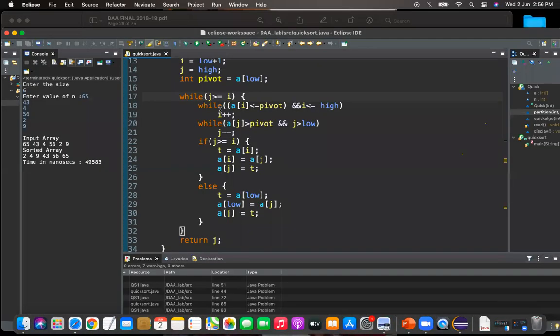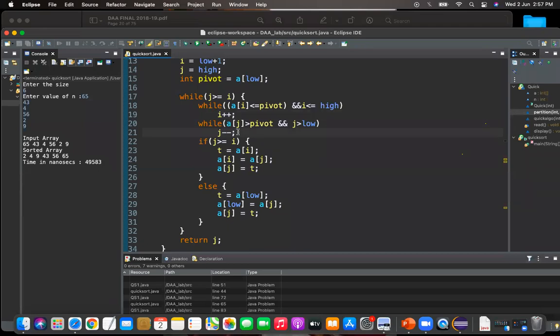While checking the condition, while a of i is less than or equal to the pivot element, that is, whether the second element is less than or equal to the pivot, and i is less than or equal to j, if this condition is also true, we will increment i, i plus plus. And then while a of j is greater than pivot, and j is greater than low, if that condition is also true, then we are going to decrement.